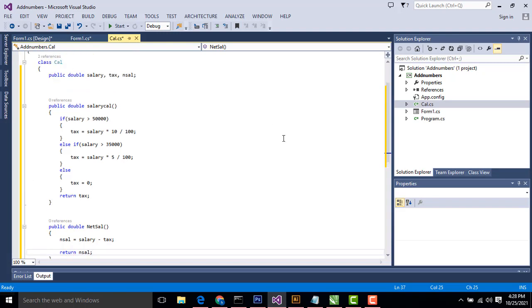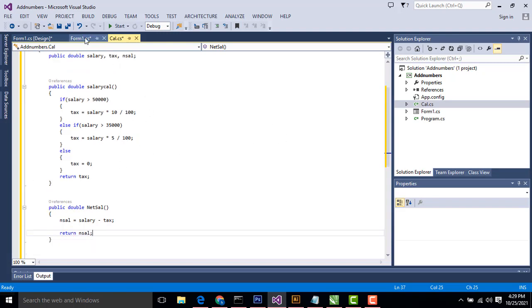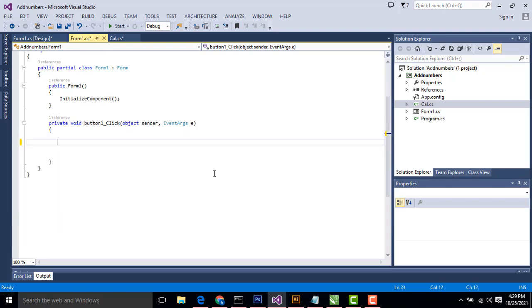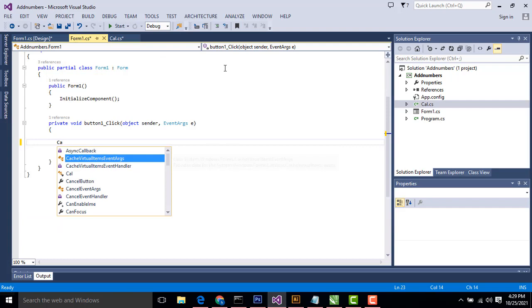Very simple. After that we have to go here and create the object of this class cal.